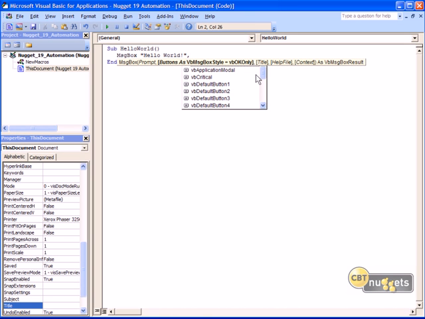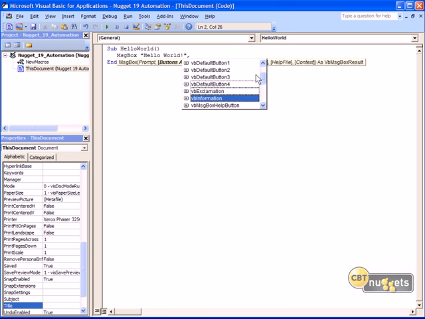I just want to demonstrate some of this code complete, this IntelliSense that helps us with the Visio object model. Now, if I want to create an information or critical icon, I can pass in additional parameters here. As soon as I hit comma, we see a drop down, and we can arrow through this list if we want to. And this is going to denote the kind of icon that shows up in our alert box. Critical is going to be an exclamation mark. I'm going to have this be VB information because I just want a standard information dialog.